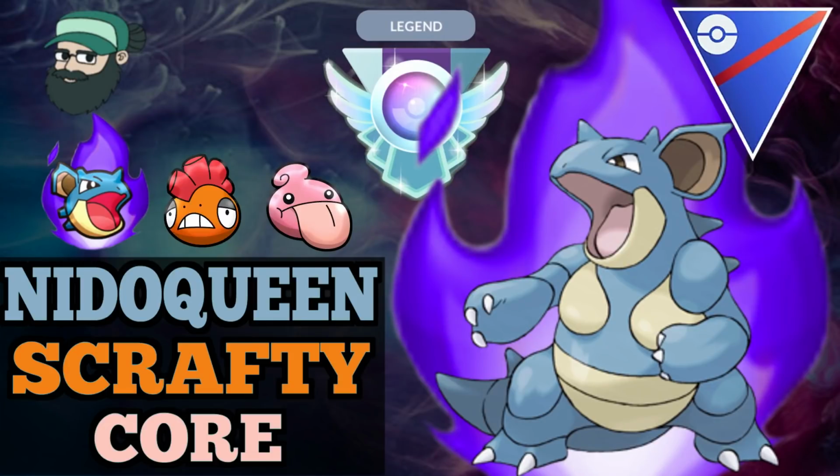In today's video, we're going to be doing something slightly different, not that different, but we switched out Hypno for Nidoqueen. I have a Shadow Nidoqueen, and we're going to be showing some gameplay from that. I'm going to show two sets here. I've played a lot more sets, but I don't want the video to be too long, so I'll show those